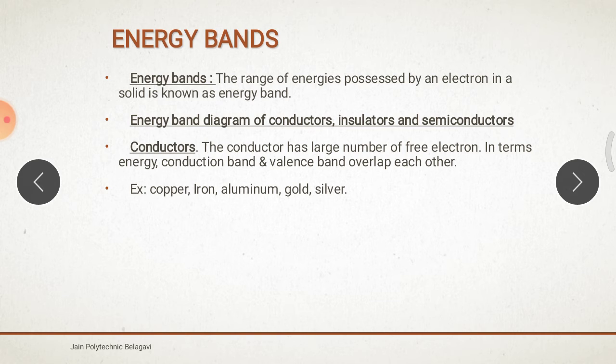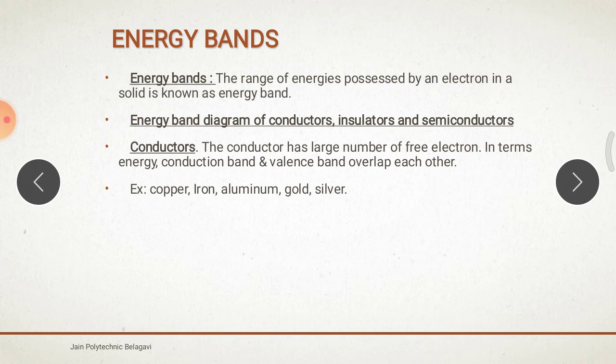The energy levels associated with the valence electrons merge into each other to form a band called the valence band. It is nothing but the band of energy possessed by the valence electrons. Valence electrons are the electrons in the last orbit. Next, the conduction band. Valence electrons in the last orbit are sometimes loosely attached and can be easily detached from the force of attraction. Then they become free electrons. Those free electrons also merge into each other to form a band called the conduction band.